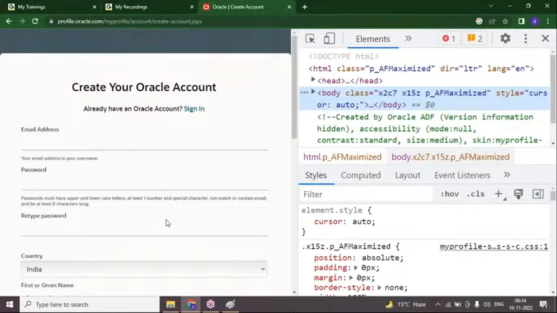But I cannot use my Facebook account to log in to Oracle. So that's why I have to create my account with this. Alright, so if I click the sign in button